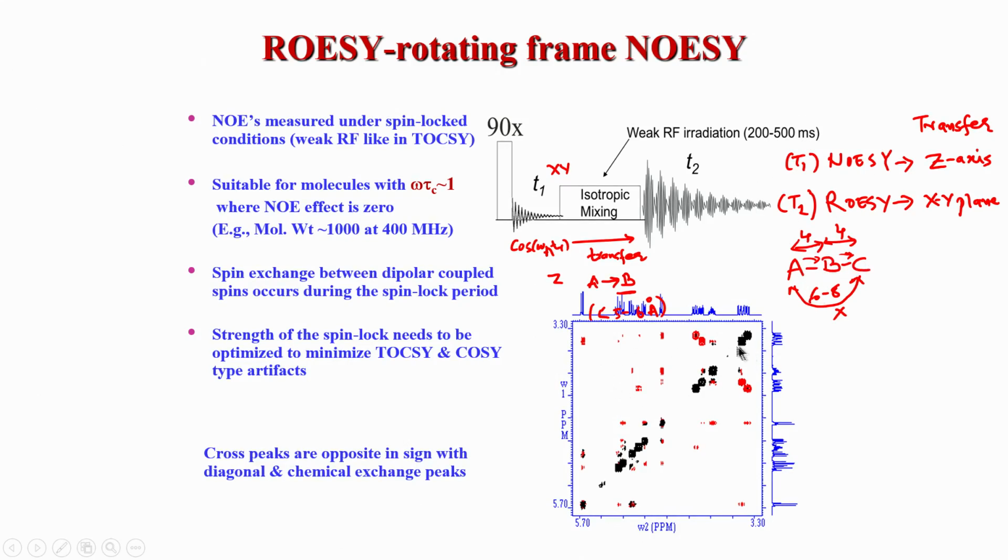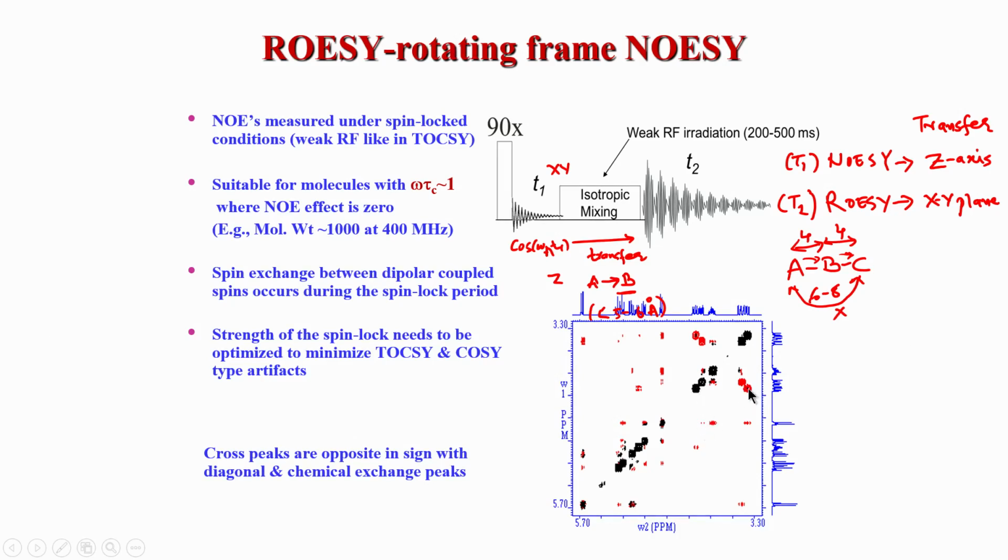But in ROESY, one strength is that the cross peak is opposite, number 1, which we already saw. Not only that, the spin diffusion peak, that is from A to C, will be positive again, that means it will be the same as the diagonal. The spin diffusion peak is not shown in this graph, I do not see any spin diffusion peak, but if there was one, the cross peak would have come with the same color sign as a diagonal peak. So, the spin diffusion peak also becomes opposite to the cross peak.